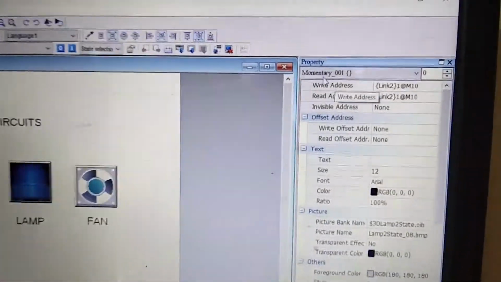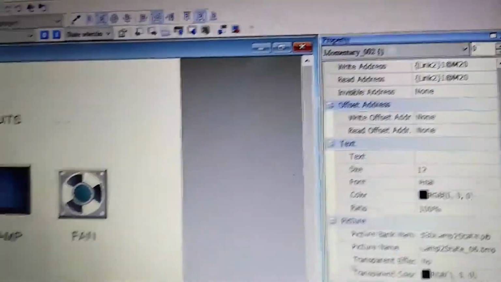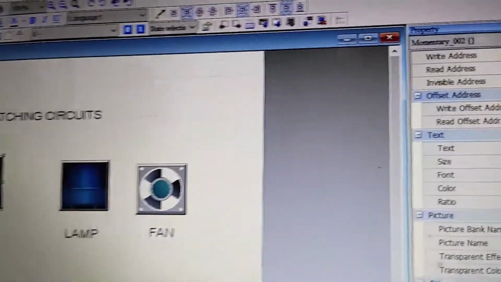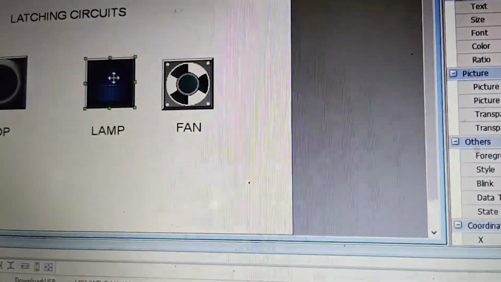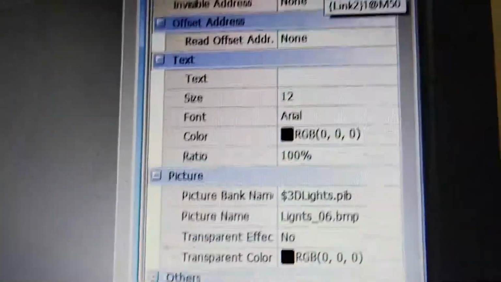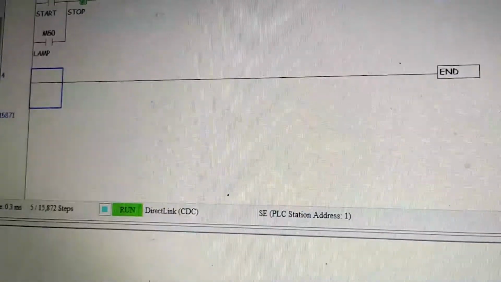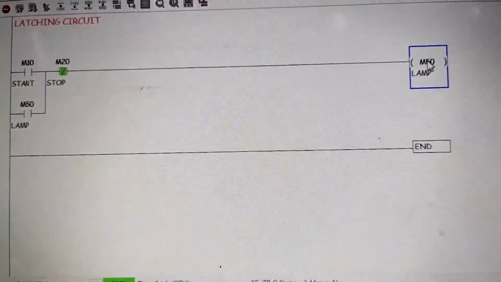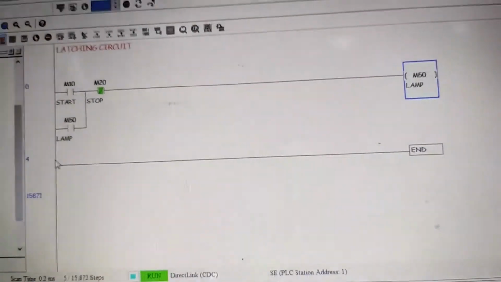You can see the address here, M10, link 1, link 2. This red one is called M20. I am using this as stop, and this blue indication lamp is M50. So I am using these switches: start as M10, M20 for the stop, and M50 for the lamp.